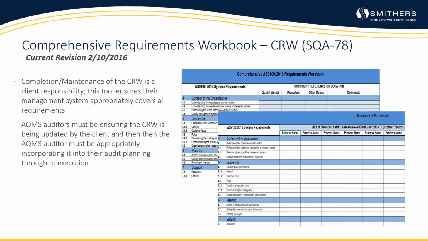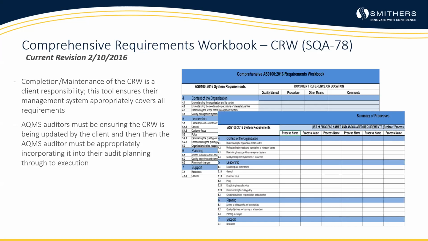But what this tool is intended to do over the course of our audits and over time is to ensure that we're covering all the applicable requirements as identified by the client. We're working with the client to have this as part of our audit activity and ensuring that our process coverage aligns with what they have identified on this form. So as you go through your audit pre-planning, this is one of those documents that you should have right by your side in terms of understanding the process name: what precisely am I covering in terms of clause requirements?